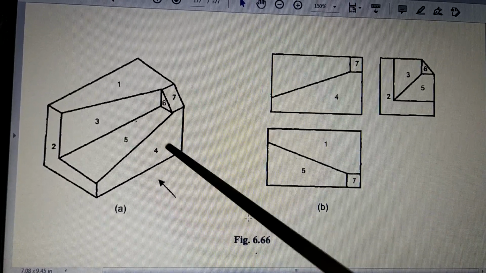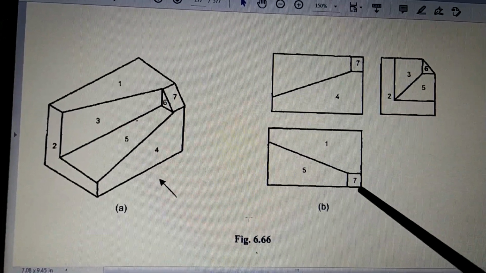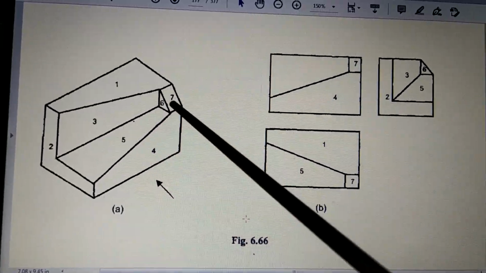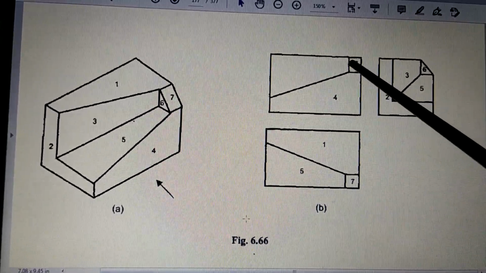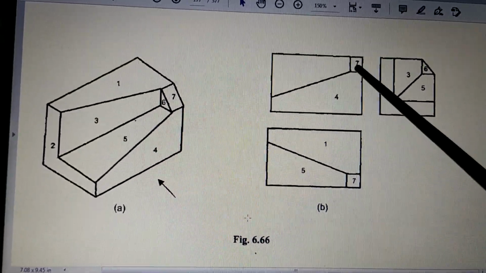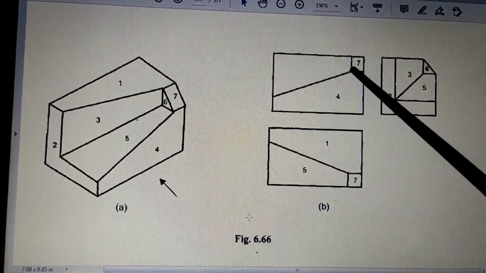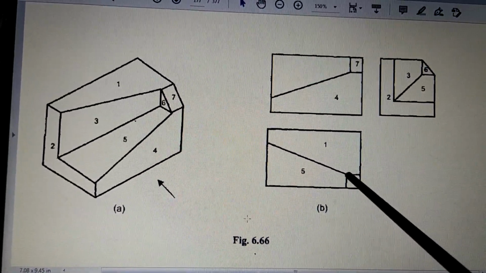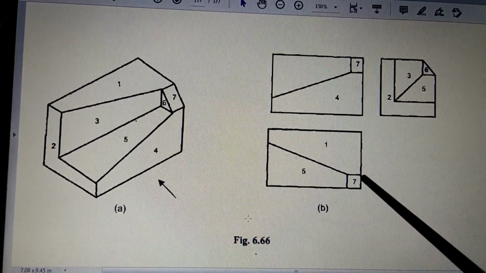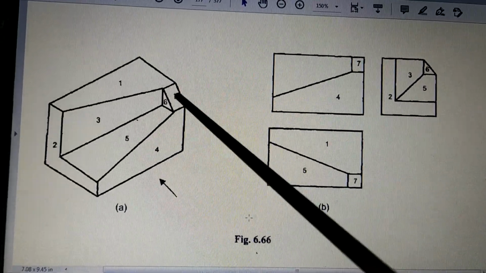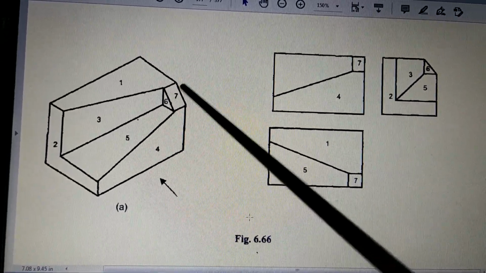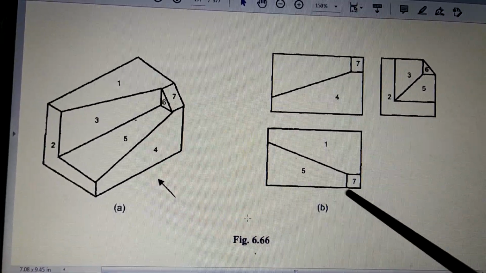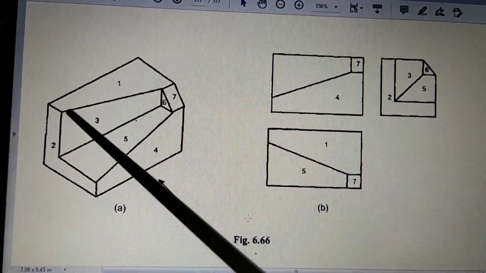Where is 4? 4 is this line. Then to the 4, 7 is attached. So this 7 will have a level here. 7 is between these two lines. It cannot be beyond this. So we draw this construction line till here, and then between this construction line, we fit this side, that is the size 7. But for doing that, maybe you can draw this 7 later on. First thing is, you will try to draw this shape.